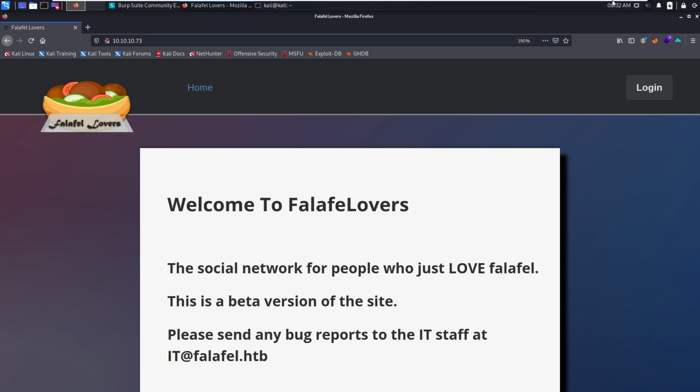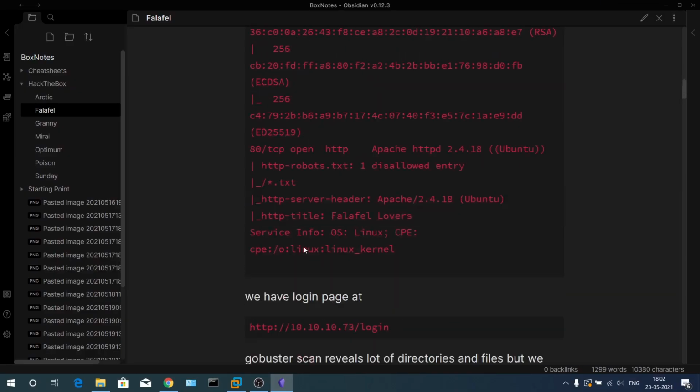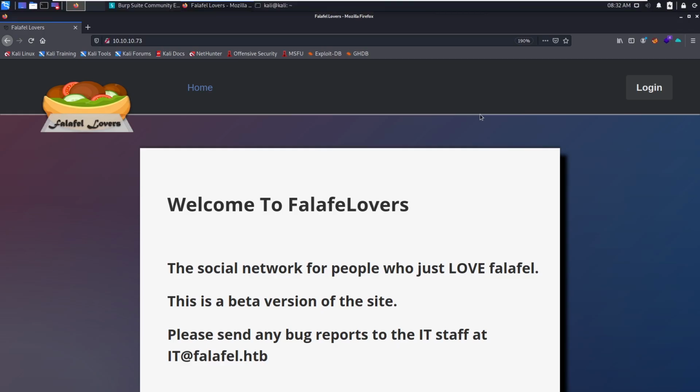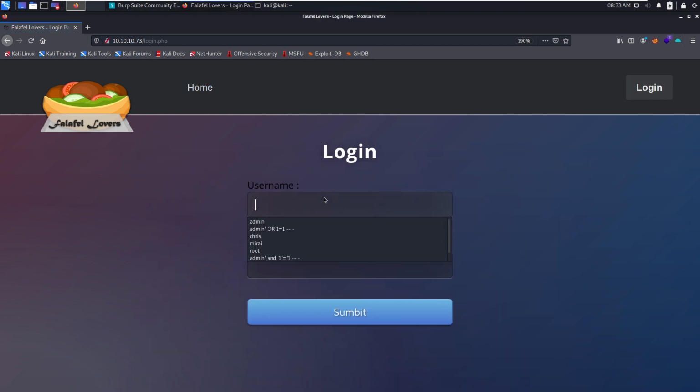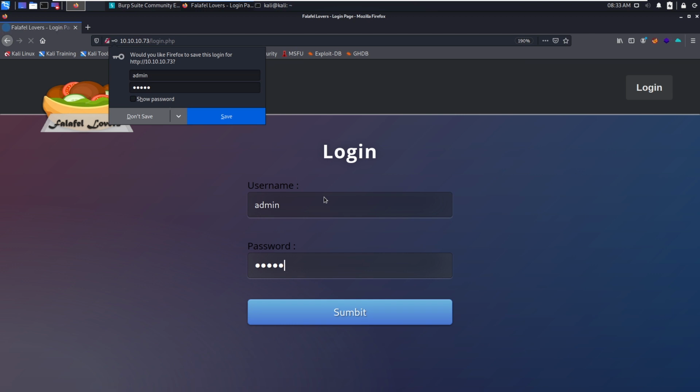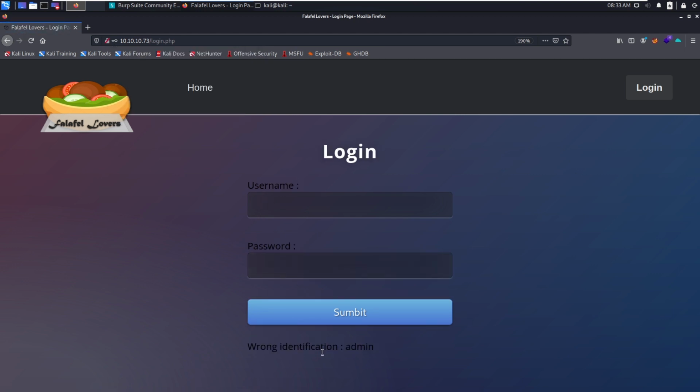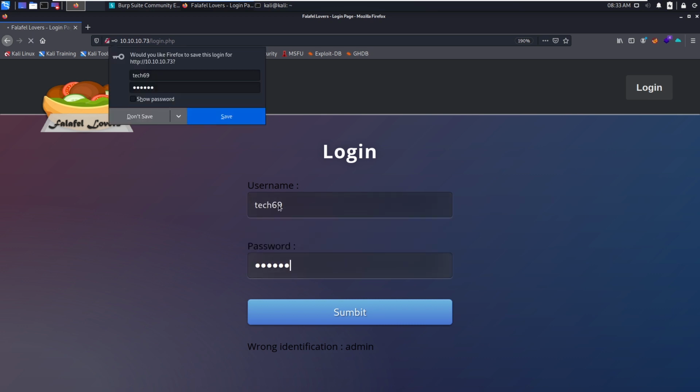Okay, I have done the GoBuster scan, and you can also see there is a login page. Let me try admin as the username and admin as the password. It says wrong identification admin. But whenever we give the username tech69, it says try again.